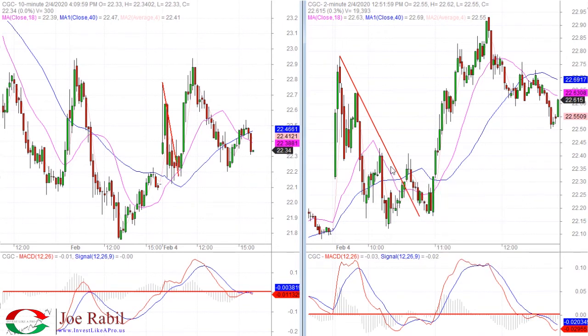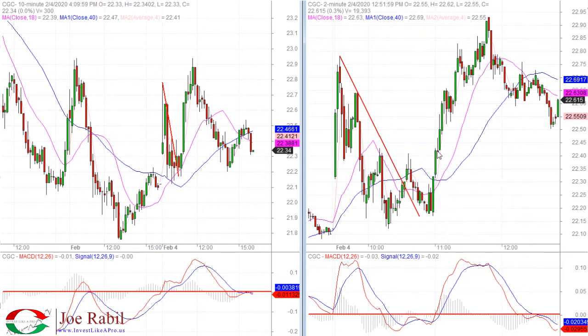my 1, 2, 3 starting to move. So having the 1, I'm improving my confidence. The test of the low, that's 2. That's really kind of improving my confidence even more. And then the strong move back up and the failure pattern developing here, even though I'm not waiting for the